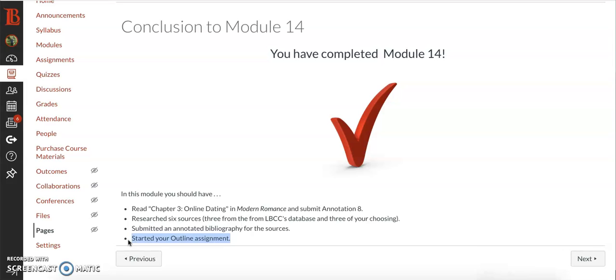Again, these are assignments that you were to have submitted this past week, but because of the hiccup we all experienced with Canvas, I extended the deadline, but that means it's overlapping with some of the assignments that you're going to be completing for Module 15.